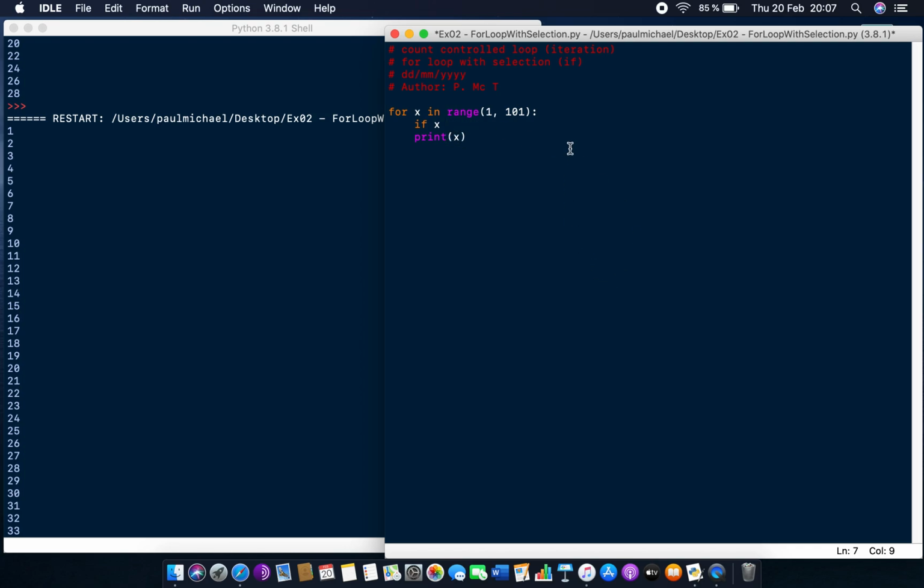Well, we use one of those arithmetic operators, not the divide. It was actually modulo. So we do modulo 2. So if x modulo 2, if the answer of this is equal to 0, then